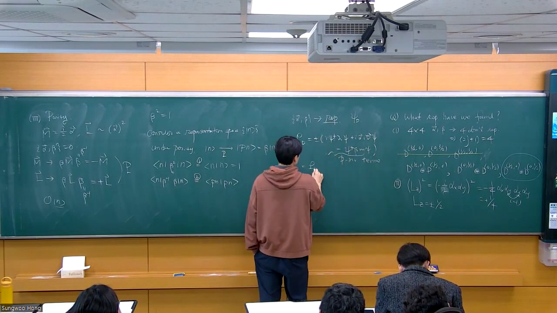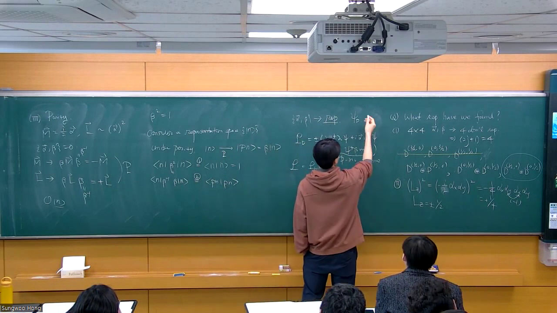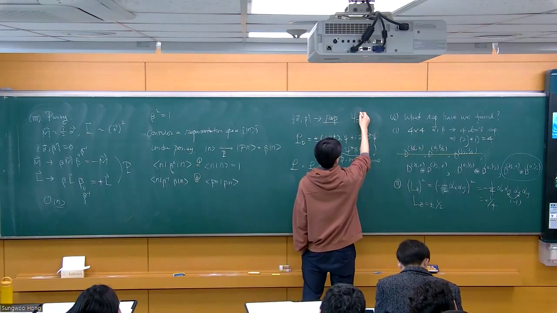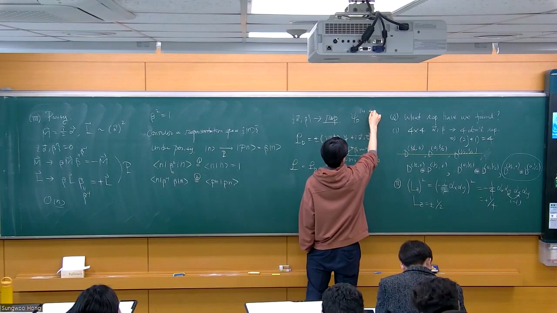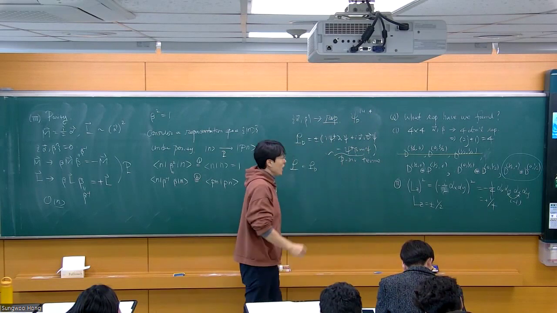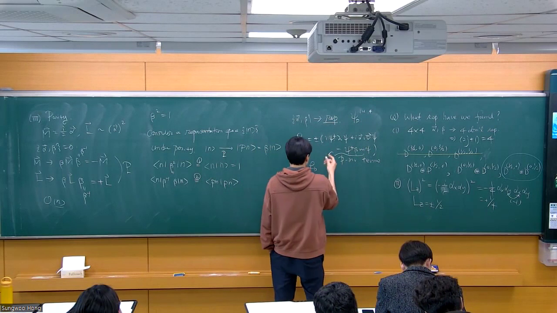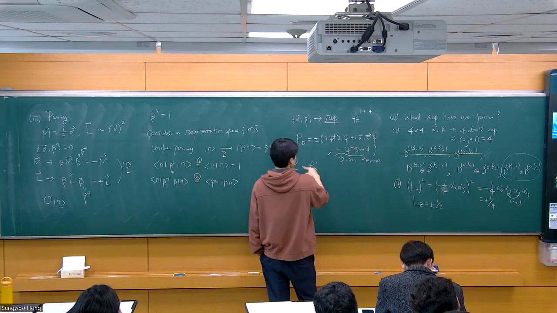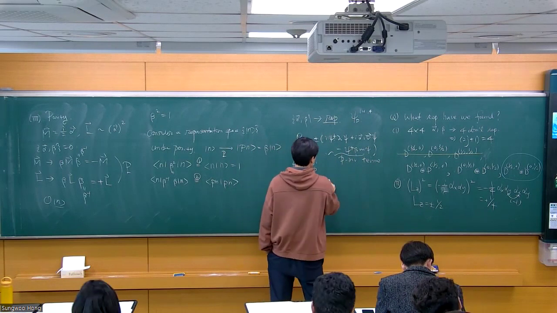Let me just write down random stuff. And then suppose you gave me several of those fields, for instance 4 different kinds of those fields. Each of them is a parity invariant representation. Good. So suppose I write down this Dirac Lagrangian for each of those 4 Dirac fields. What if I write down